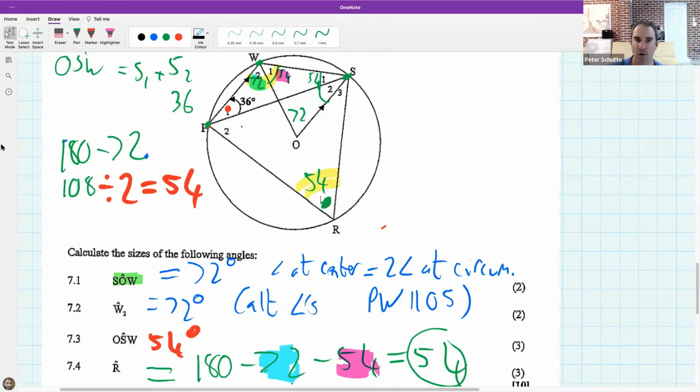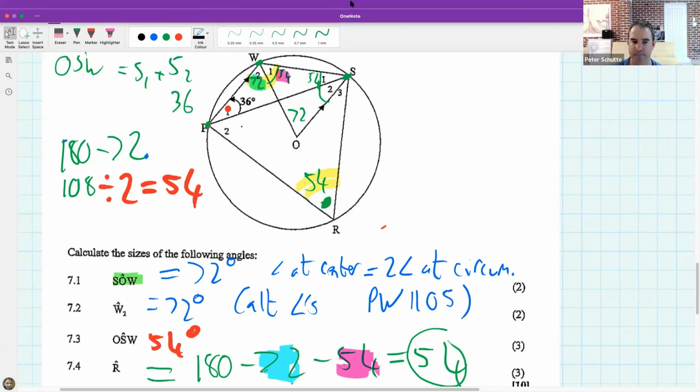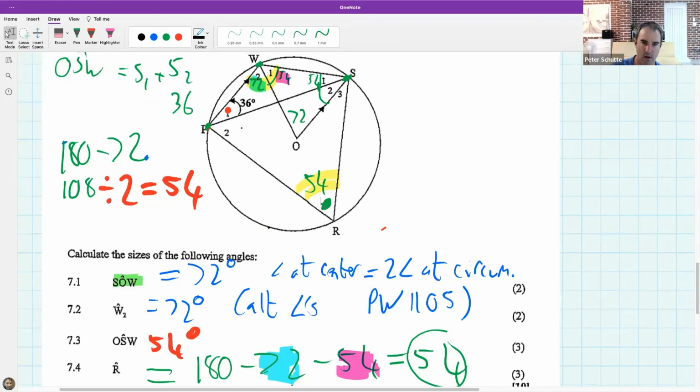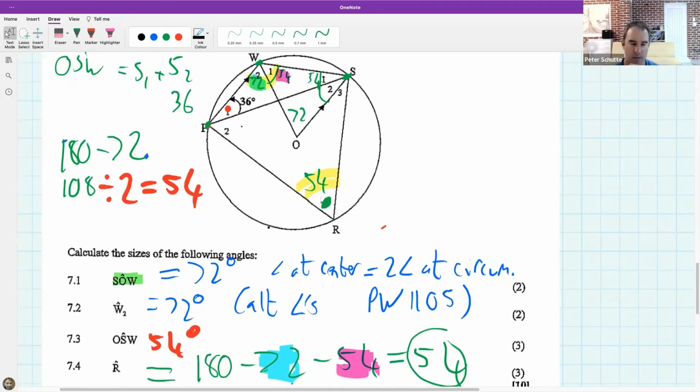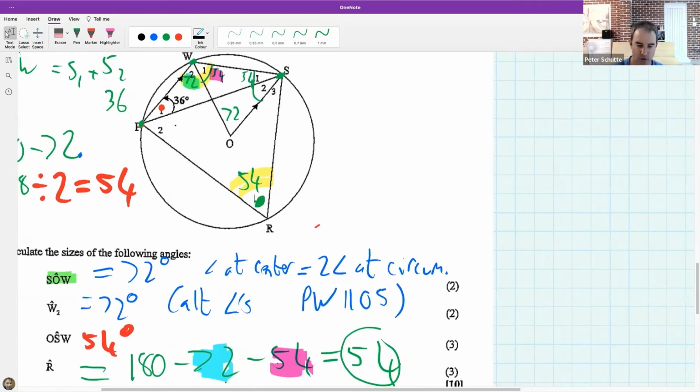Yes, go ahead, Dudu. What is your question? Sorry if I'm going a bit back, but for 7.1, I understand why we can't use the bow tie method, but I'm still a bit confused on how we got the 72. Okay. It goes back to the theorem, which says if you have,